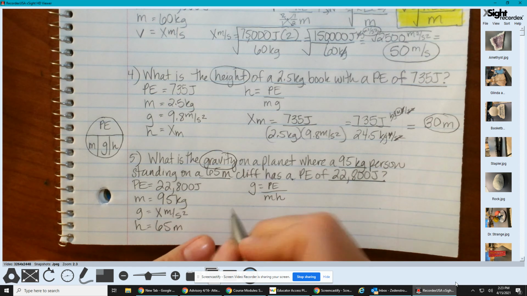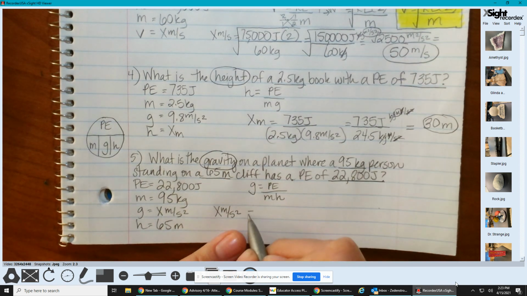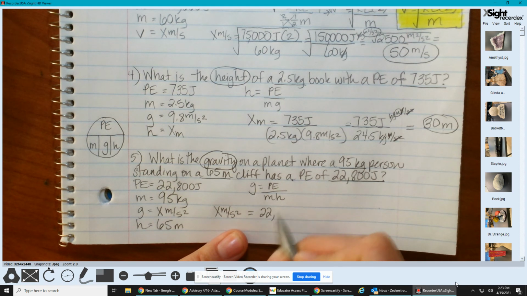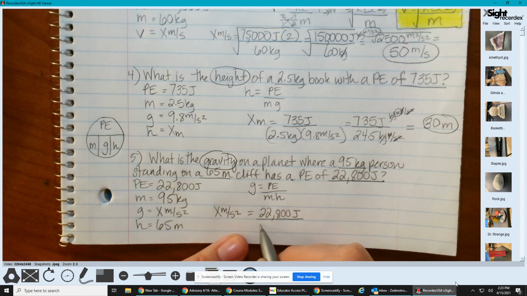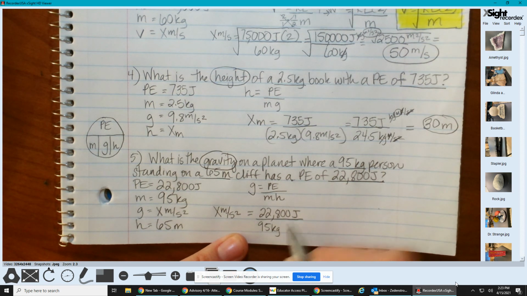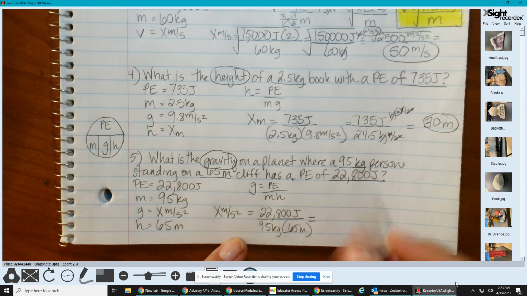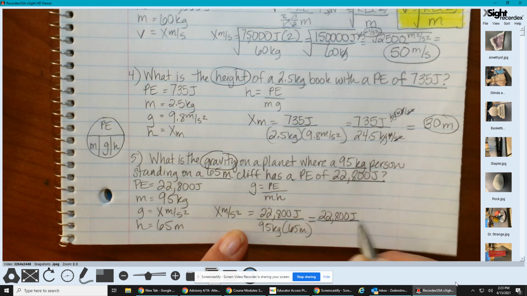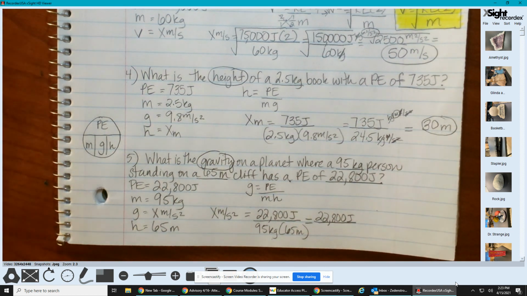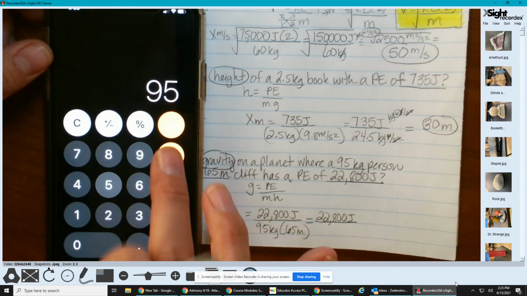All right, let's plug it in. Gravity is going to be x meters per second squared equals my potential energy on top, 22,800 joules. My mass and height on bottom. So my mass is 95 kilograms. And I'm going to multiply that by my height, 65 meters. And now I'm ready to start solving. Everything on top, everything on bottom. Nothing to do on top, so 22,800 joules gets to go over. Multiply 95 times 65 on the bottom to get what I need for the bottom half. So 95 times 65 equals